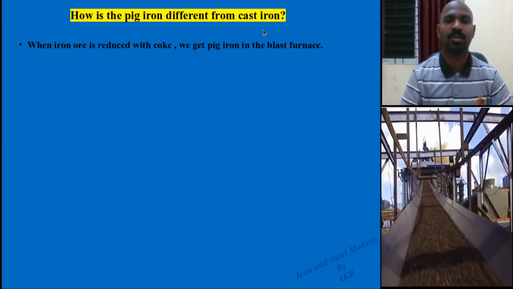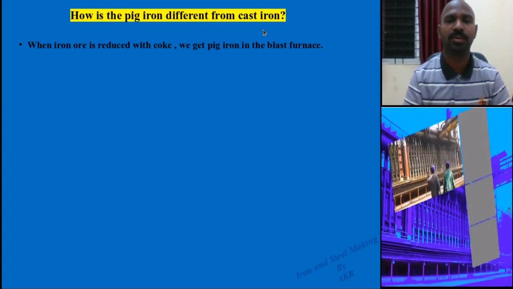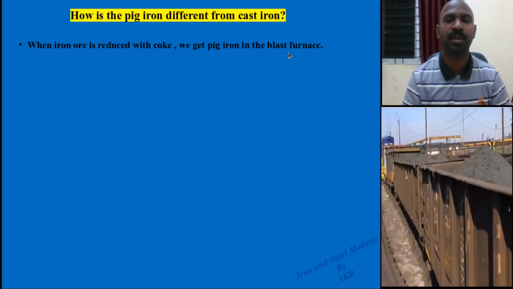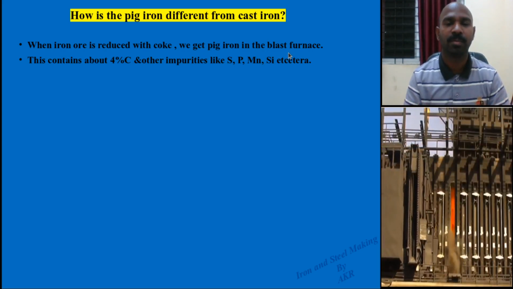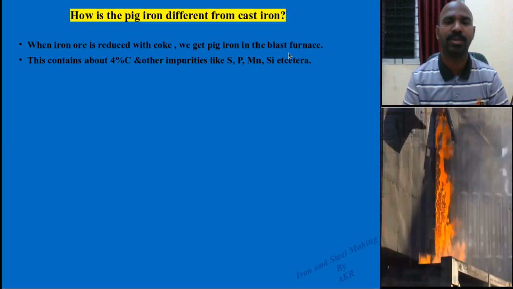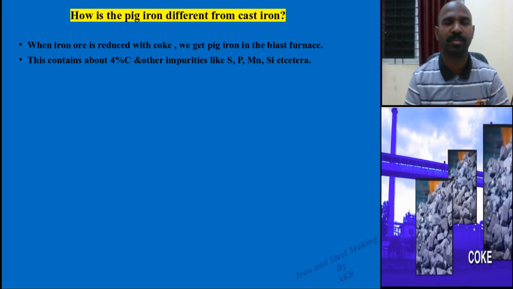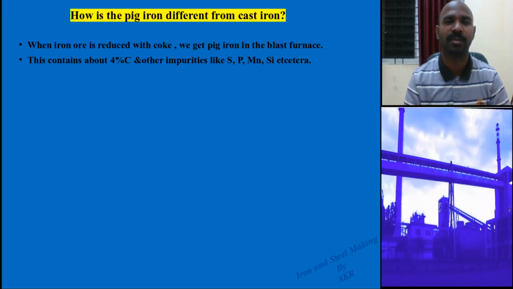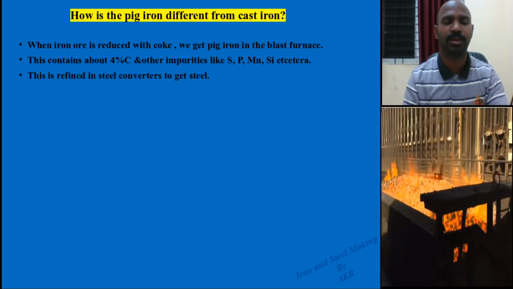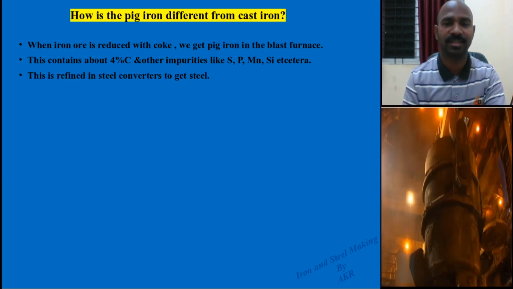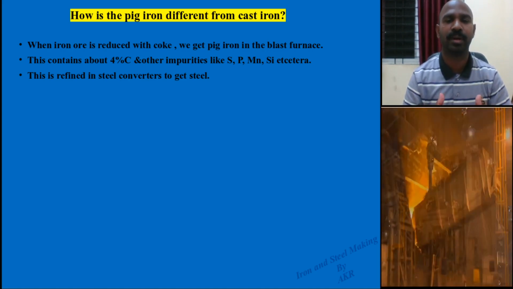The iron ore is reduced along with the coke, and finally we get the pig iron from the blast furnace. The composition of pig iron, as I mentioned, ranges from 3.5 to 4.5 carbon. There will be other impurities such as sulfur, phosphorus, manganese and silicon, and the remaining is iron. This pig iron is refined using a steel converter to get the steel,